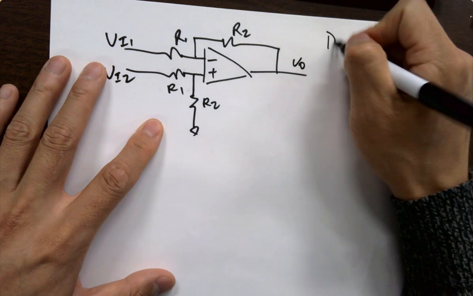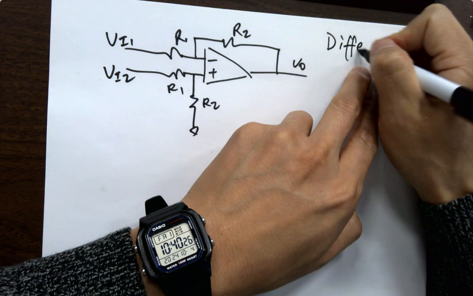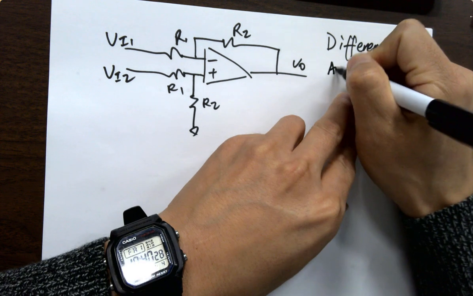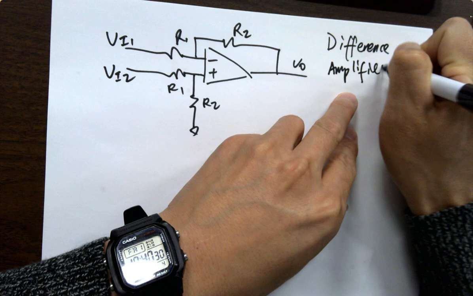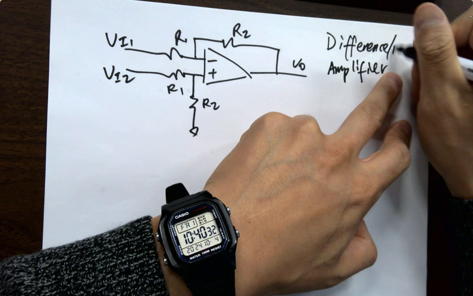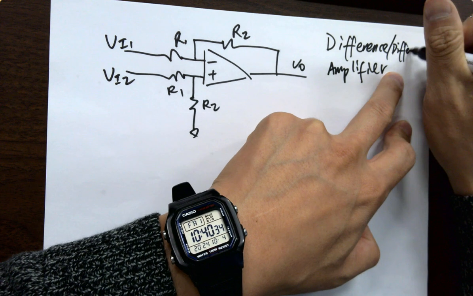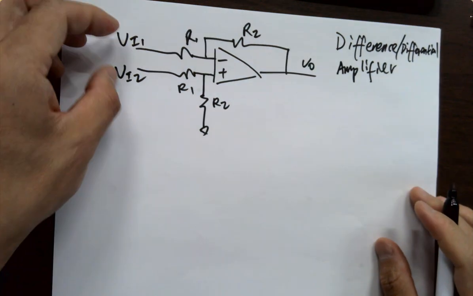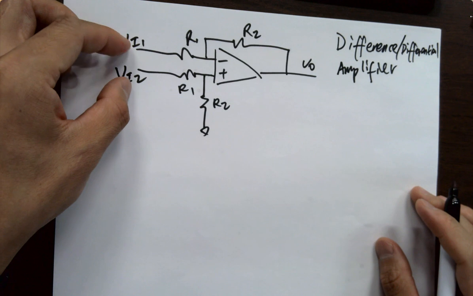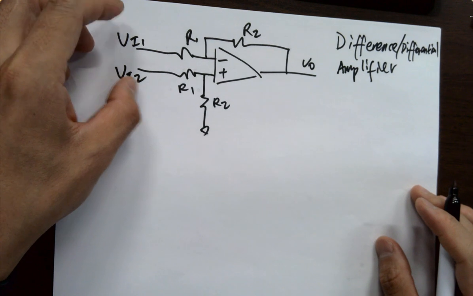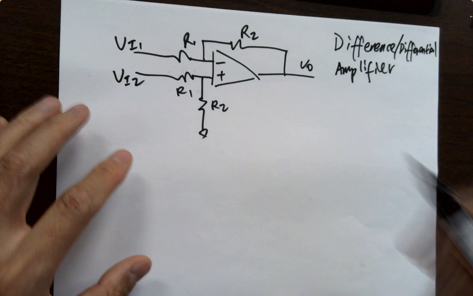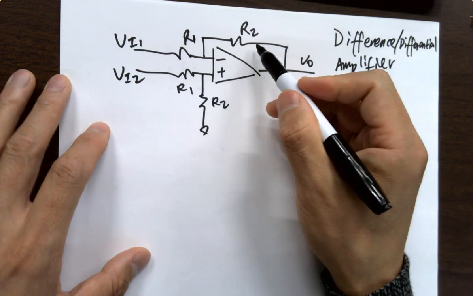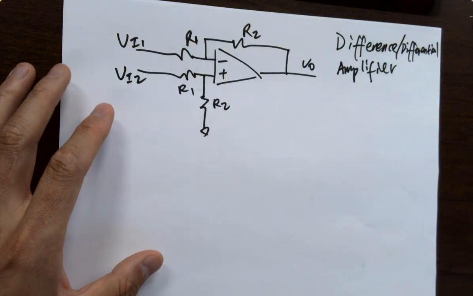So this is called a difference amplifier, or sometimes you'll see it called a differential amplifier. It's the same thing. It's a differential amplifier because it amplifies the difference between these two nodes. How do we calculate the voltage gain of this? Keep in mind that you have to keep it symmetrical, and that's critical because